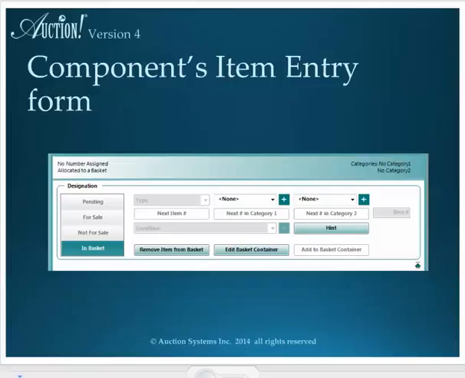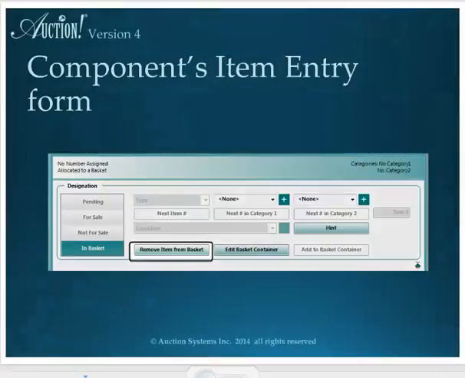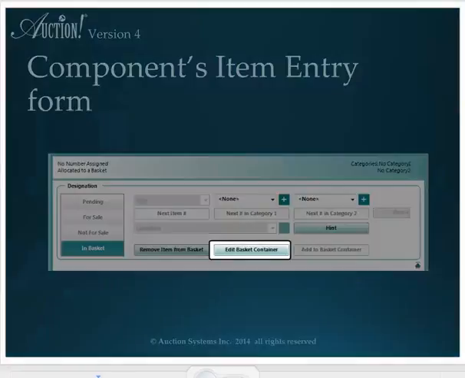One last thing to look at is the item number type panel for individual components. Once you've added an item to a basket, when you look at the item number type panel for the component, you will see the item is no longer marked as pending, but is now marked as in basket. Also, from the component, you can remove the item from the basket, but before you remove it, you should first edit the container to take out any reference to the item you're about to remove from the container's full item